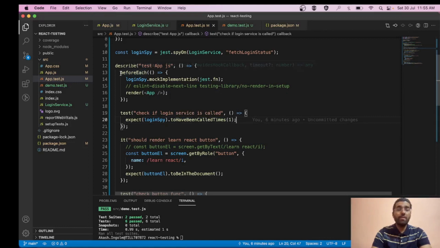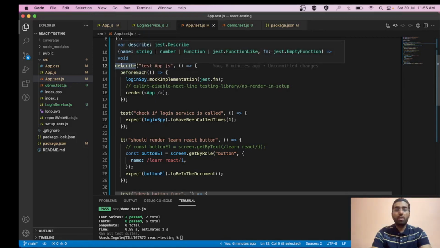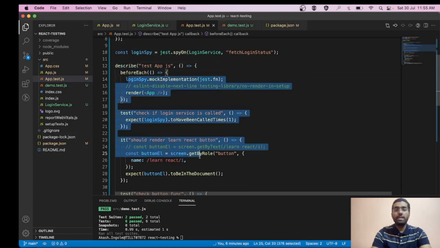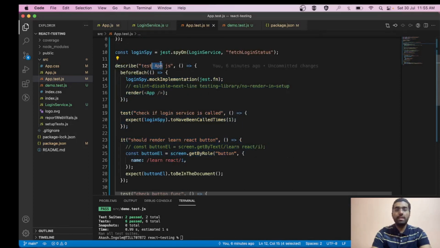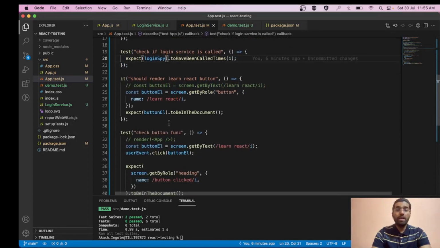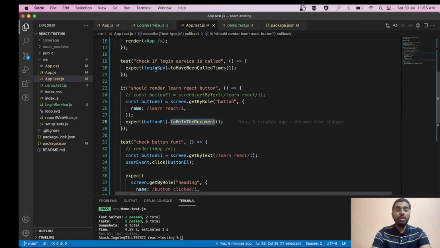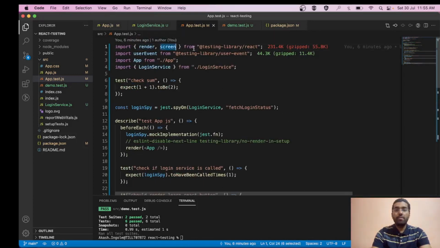We have also talked about beforeEach: any piece of code that you want to run before every test case, you can simply write down over here. It will increase your reusability. And describe: if you want to write all your test cases within a single block, you can use describe. Basically it says that all the test cases are related to the testing app component. A simple UI check: using screen.getByRole we can get that particular element, and we can again provide an assertion to check if it is in the DOM or not. One more thing, this screen and render we get from testing library React.